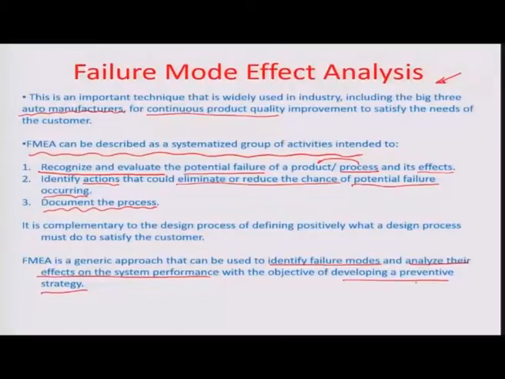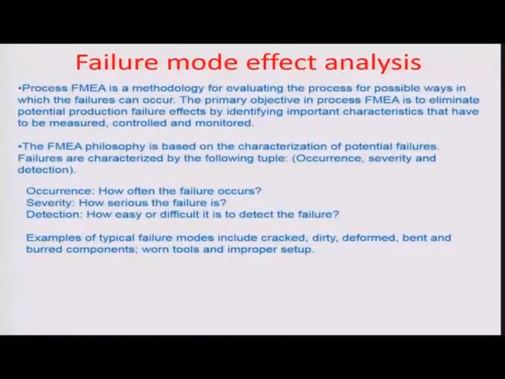And how we do FMEA is that there is a threefold methodology which is used. So in the process FMEA, typically we formulate a methodology for evaluating the process for possible ways in which failures may occur. Failures may occur in the production, or the product that is being produced. The primary objective is to eliminate the potential production failure effects by identifying important characteristics that have been measured, controlled,